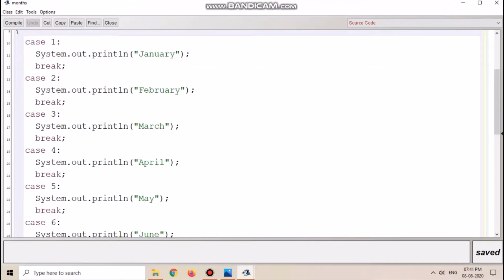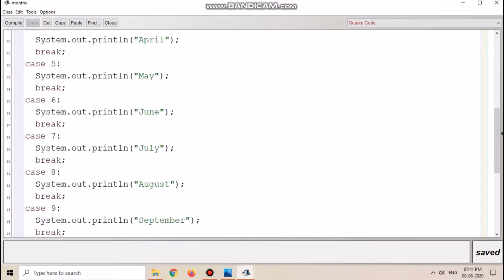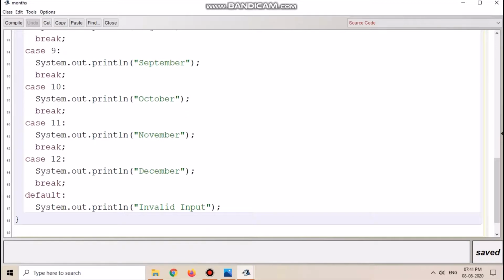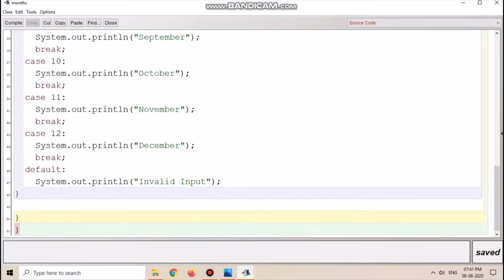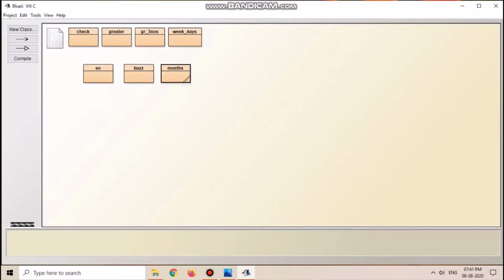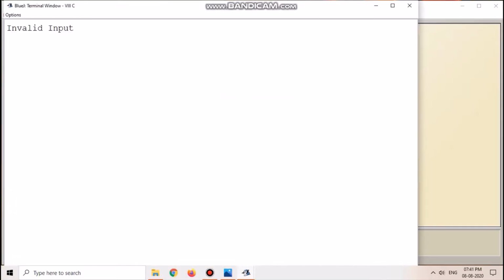You can check it out. So it will go to default, and then it will print invalid input. We'll check this. Here you can see invalid input.